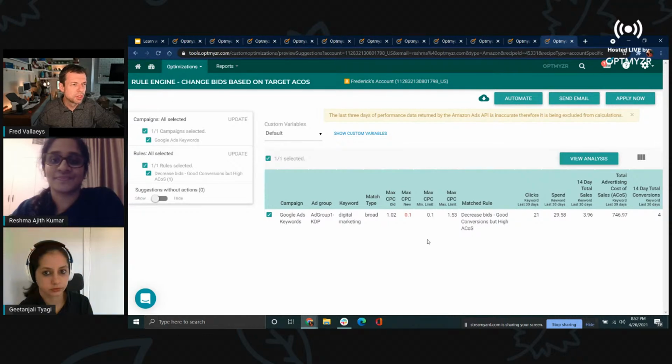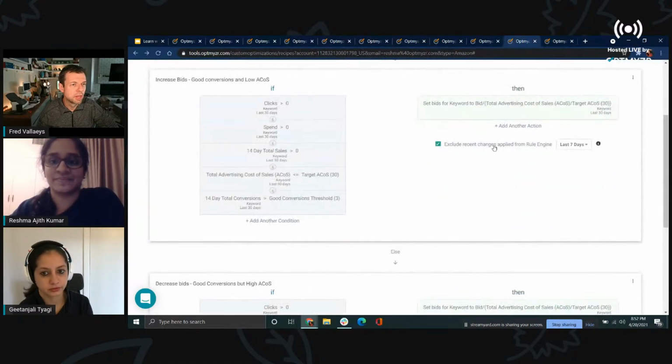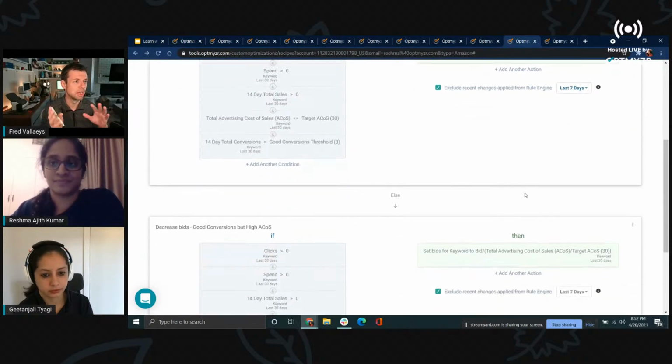Very good. And then there was also something on the settings screen to exclude things that you've already changed in like the last 7 days. That's also really powerful, right? If you're doing an ACOS-based calculation, like in this case, it's relatively safe to run this automation frequently, because every time it's just taking your conversion rate to calculate what the new bid should be. And that's only going to change a little bit from time to time, from hour to hour, day to day.